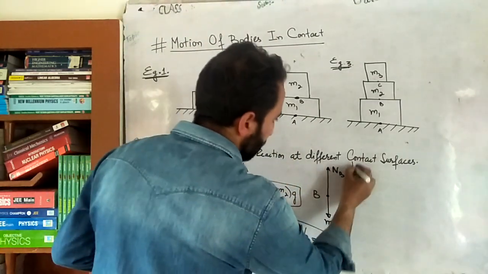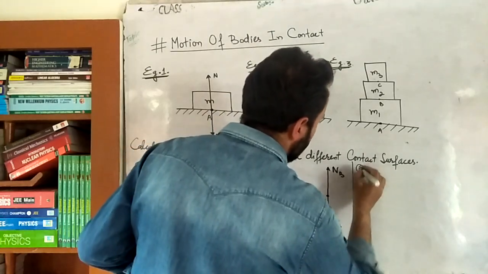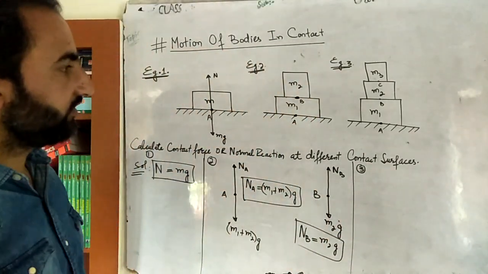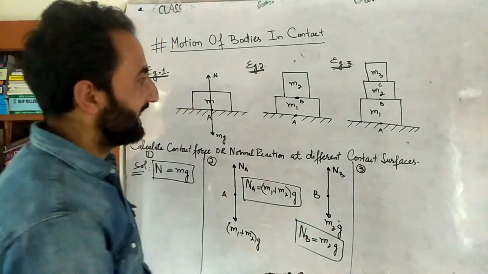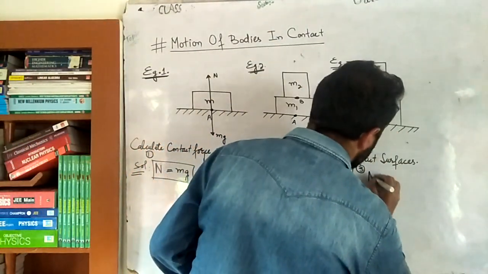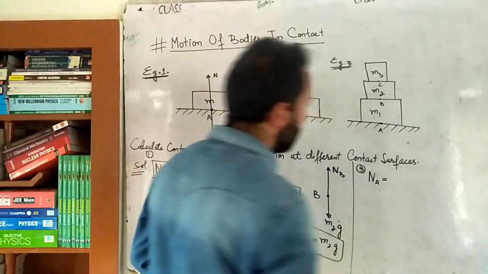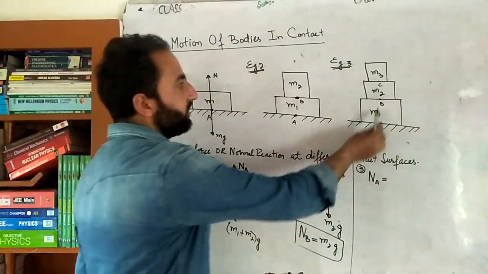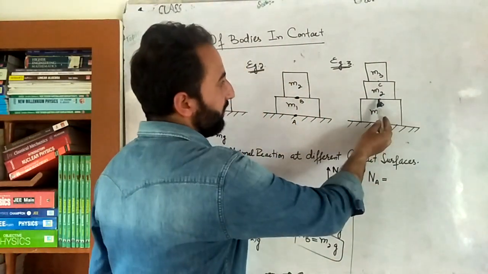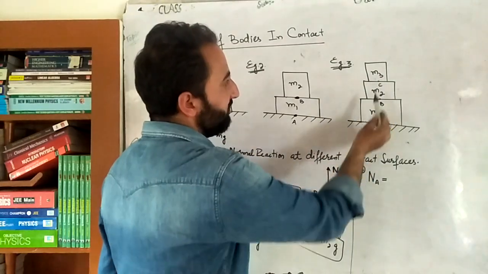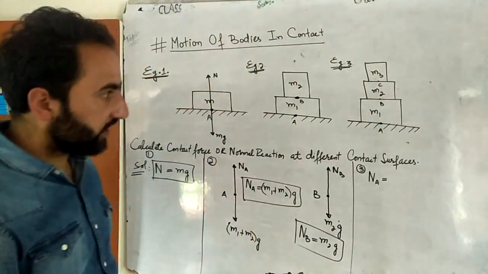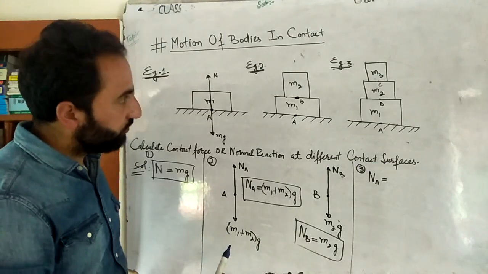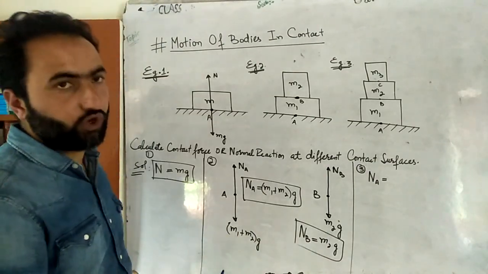Okay, so this is part 2. Then there is part 3 as well, example number 3. In the same way, now what you can do is this: without constructing the free body diagram, you can directly write that the normal reaction at point A is contributed by all the three masses. Pressing force at point B is contributed by these two masses. Pressing force at this point is contributed by only this mass. That means the contact force at any surface is contributed by all those masses that lie above that point.